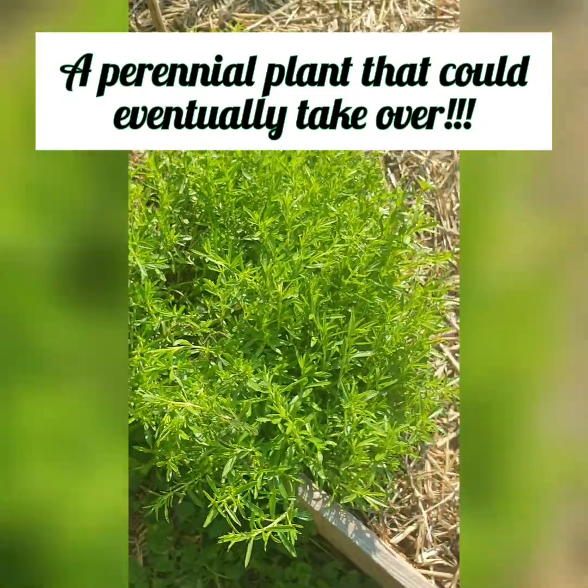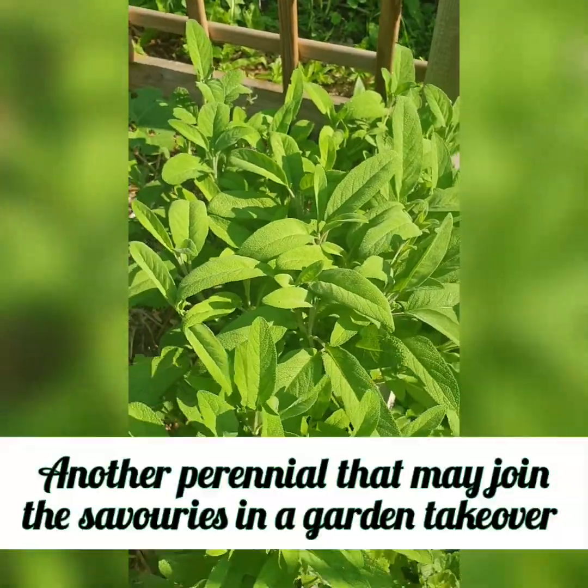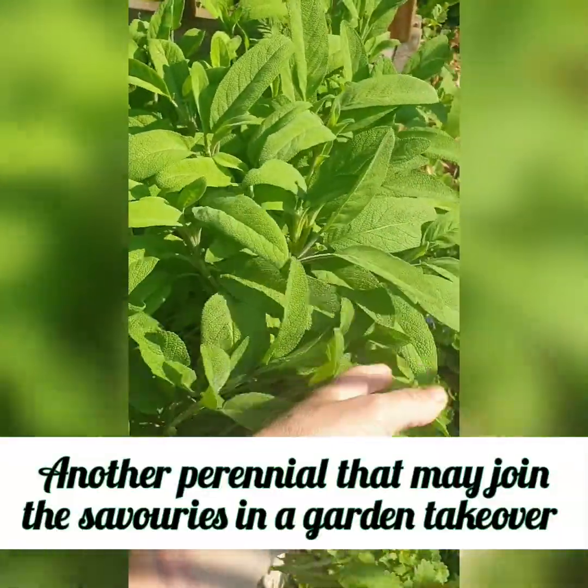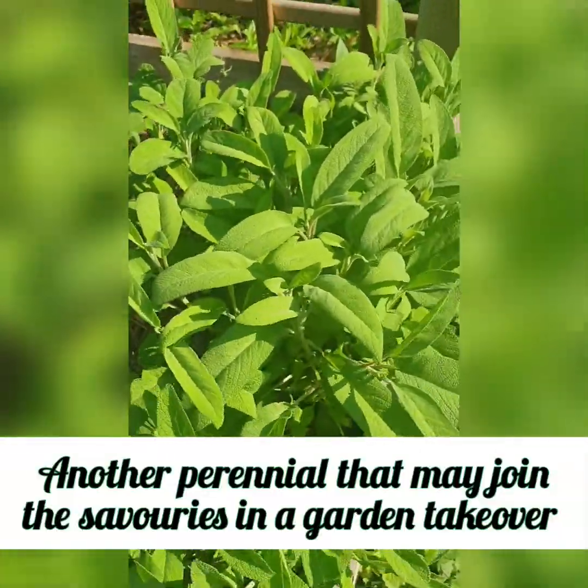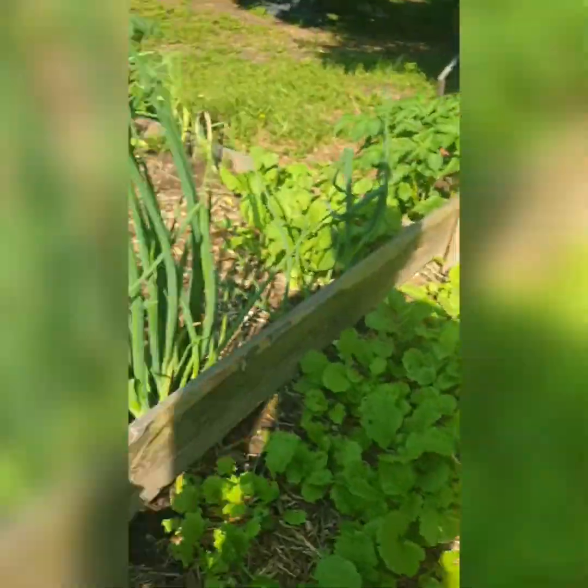This is savouries. Becoming a little bit jungly. Sage always becomes jungly. I cut it back every spring, and it just bounces back. It's a very great plant. I bought this as a